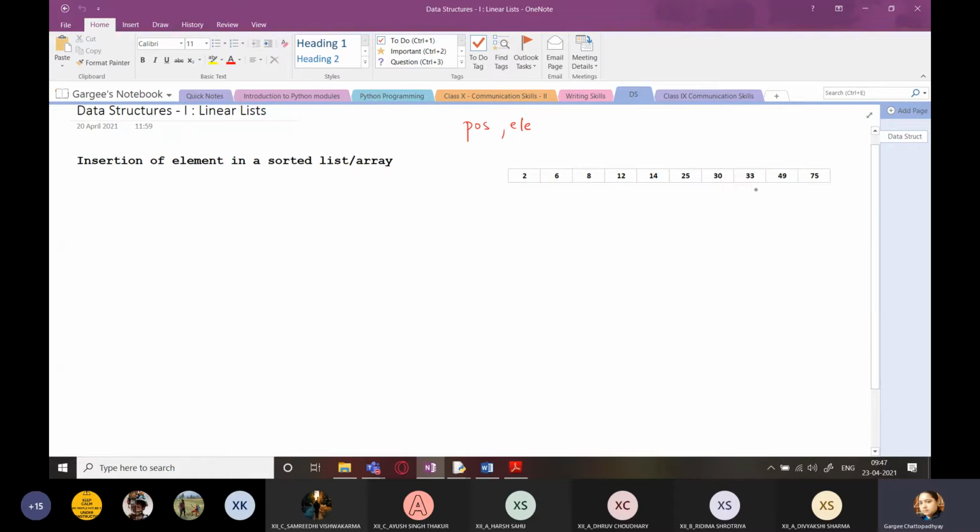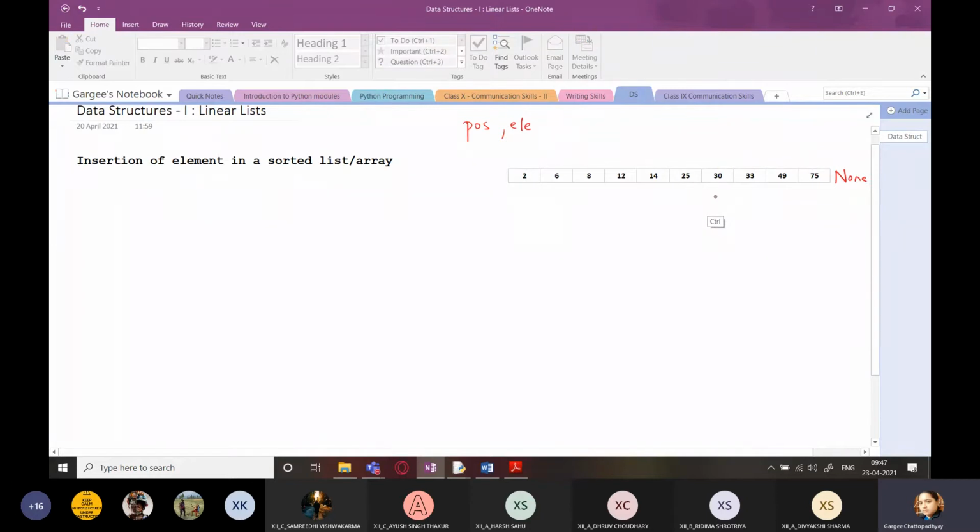In Python we make use of linear lists. So we create an empty element, None, and we append it to the end of the list. And what we do is, we just go on shifting the elements by one position towards the right hand side, so that a proper room is created, a vacant place is created to insert the element. Okay, so this I have already explained in my previous video.